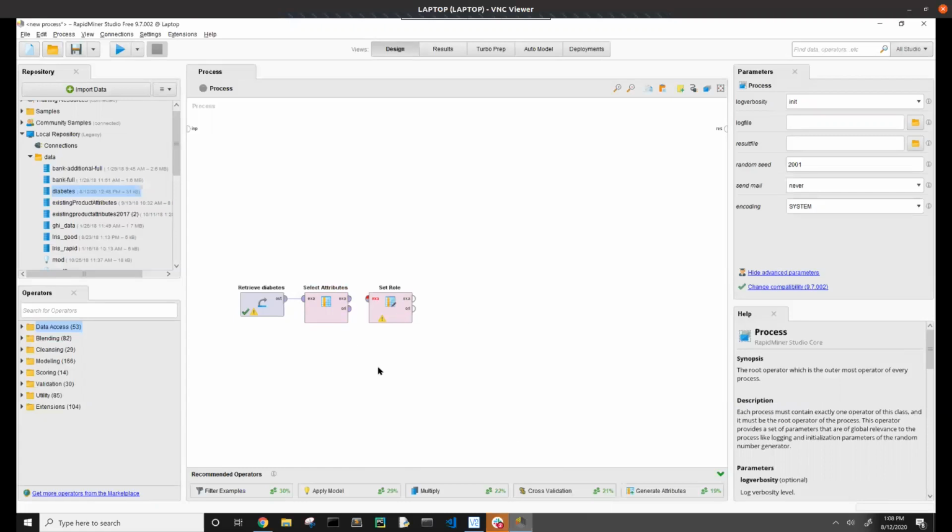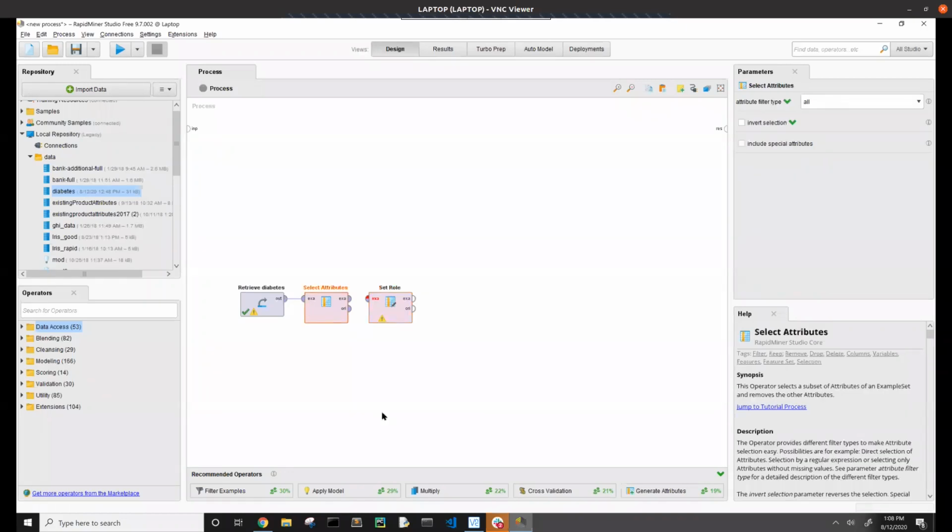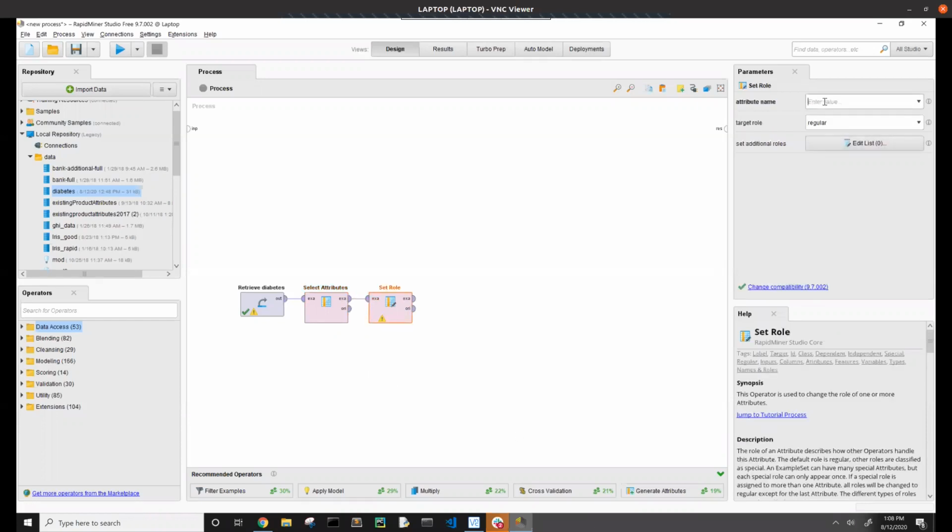We know that. We have to have X's and we have to have a Y. We have to have features and we have to have a dependent variable. We have to have independent variables and we have to have a dependent variable. RapidMiner calls the dependent variable roles. Okay, it calls other things role too. But for now, set role means which one of these attributes are you going to assign a specific role? So we're going to connect the examples here, and we're going to go into set role,